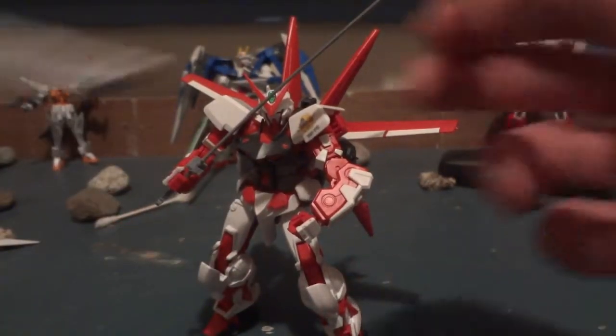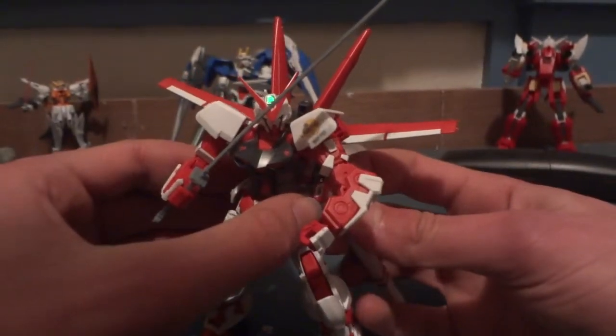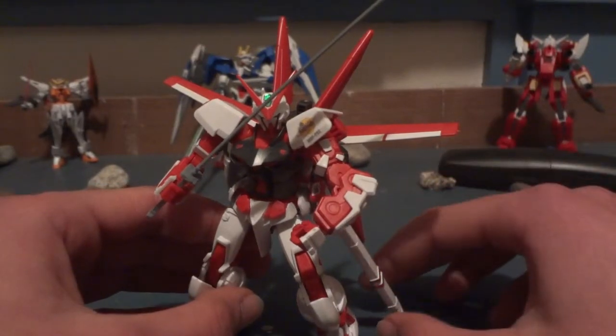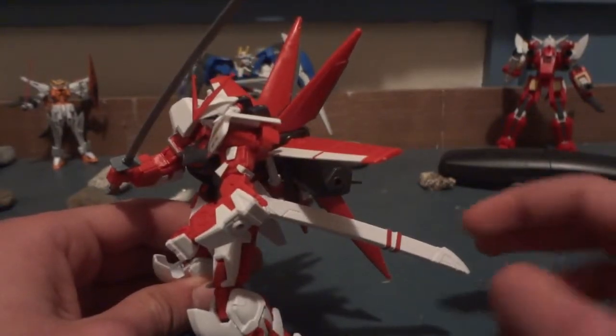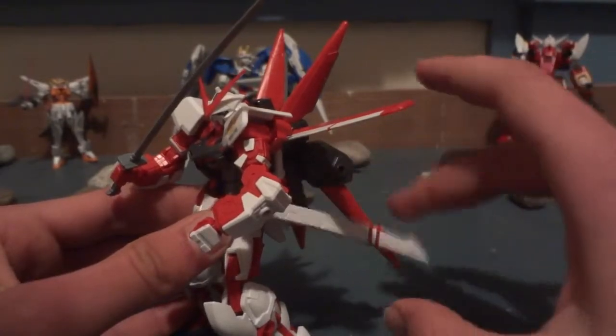Oh, and one thing I forgot to mention. This sheath clips onto his hip, but good luck getting it to do anything, because... Wait a minute. Write that down. That is the first time in history that thing has actually stayed in a position it was put in. However, if you try to actually bend it along its proper joint...